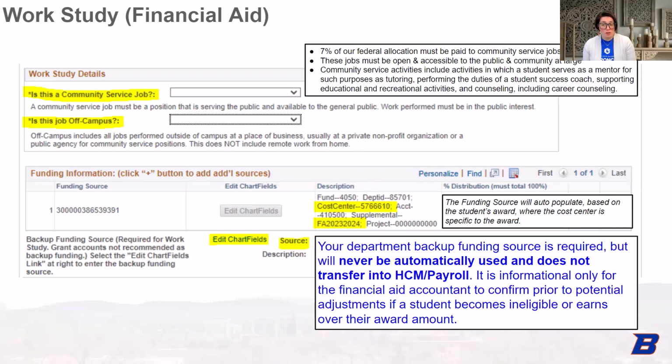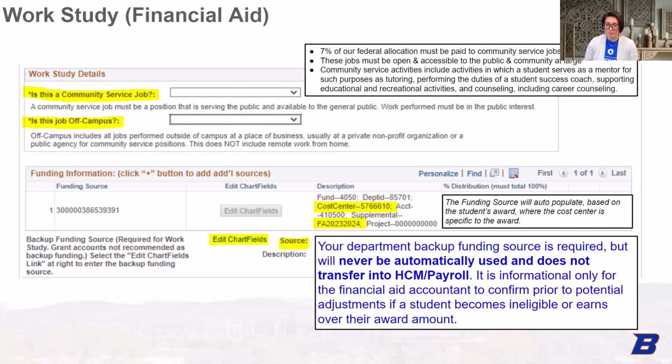You'll notice that you cannot update the funding source. The funding source for this job is going to be attached directly to the student's award. So this might answer a little bit of Justin's question. If the student was given a federal work study award, it's going to get a federal cost center funding stream. If they have an Idaho award, they're going to get an Idaho work cost center funding stream. And then that, when it gets fed into Bronco Hub, is going to tie into their time reporting code. So when they're submitting their timesheets, if it's a federal award, federal funding string, federal time reporting code, Idaho award,